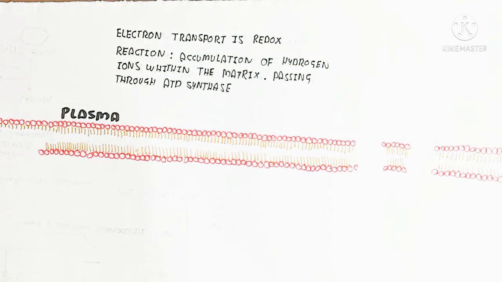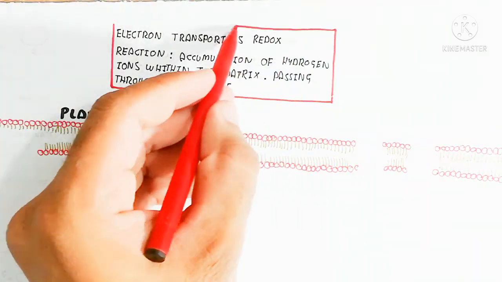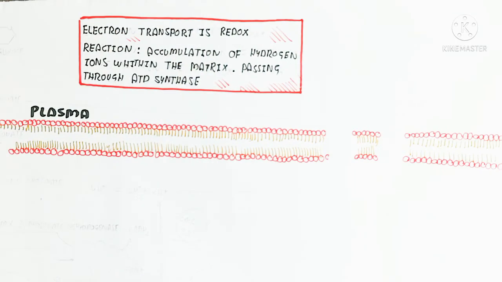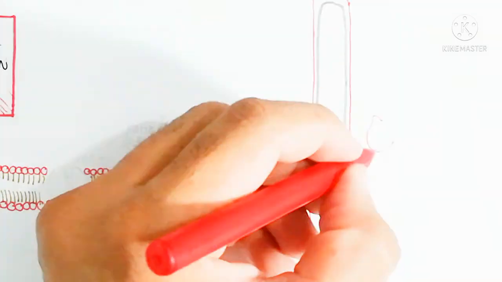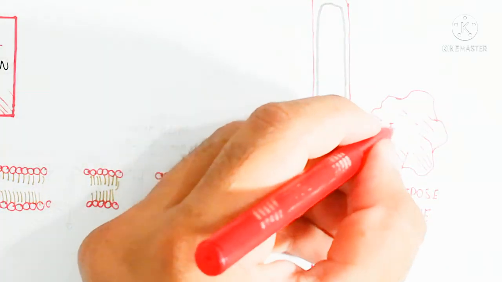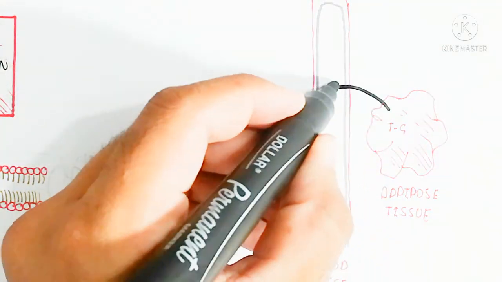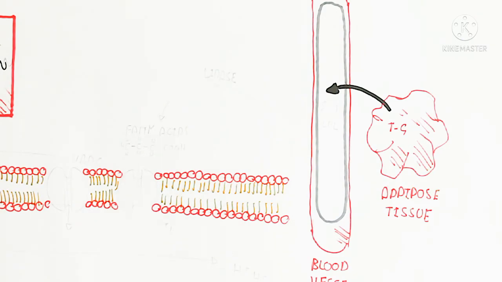So basically the outer mitochondrial matrix will accumulate the protons, which ultimately go inside the inner mitochondrial matrix through the ATP synthase channel. So here is the adipose tissue. For example, I want to share that concept. Adipose tissue will